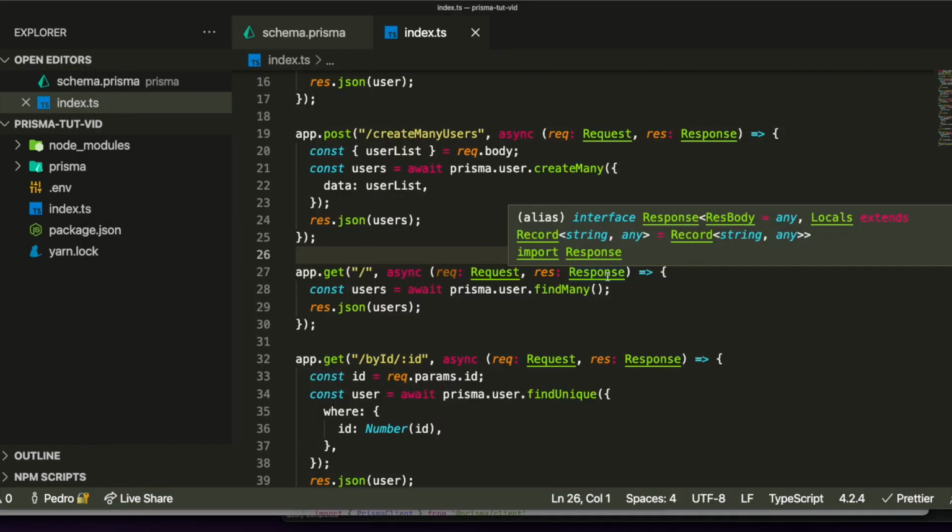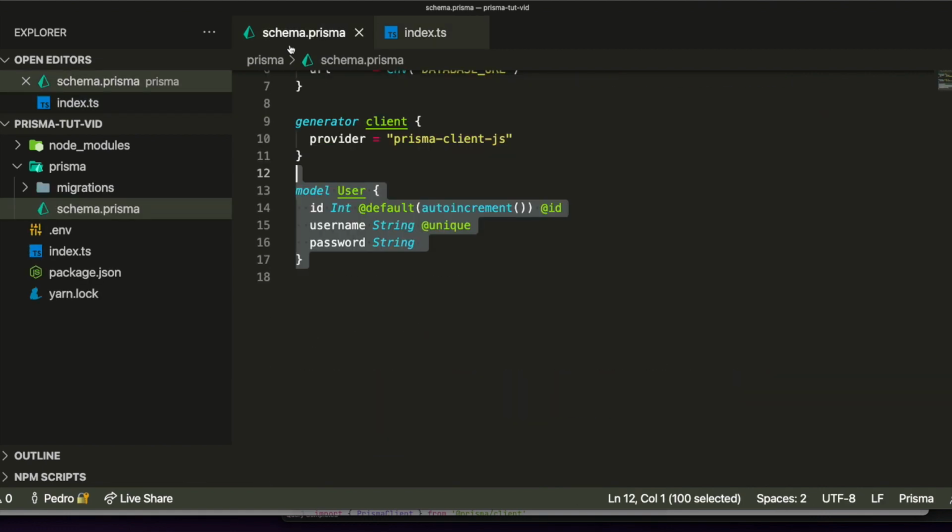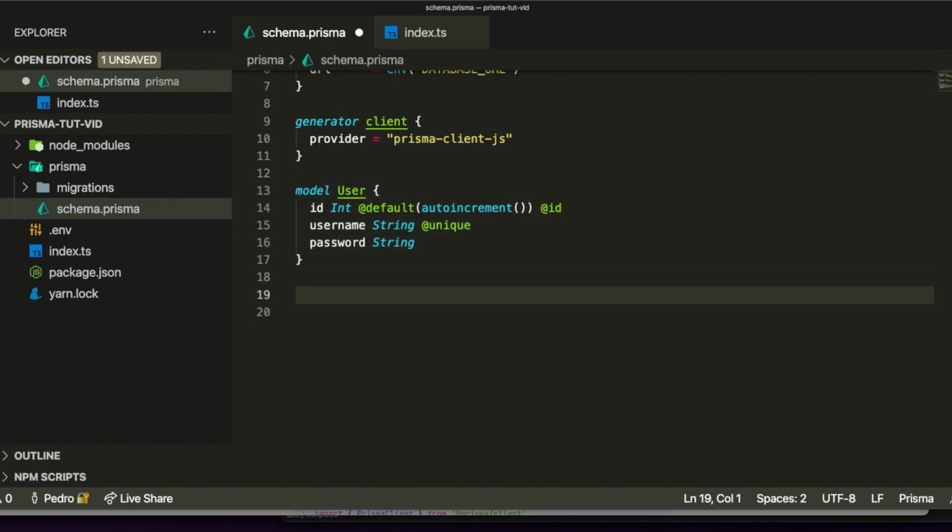So now we're getting into the last part and last section of this video. We're going to teach you guys how to actually work with associations and creating different models and interconnecting them together. So in this case, let's create a very simple example. We have a table called users, and imagine that each user for some reason has a car, right? So each user can have multiple cars, and we're going to create here a table for cars. Let's call it car,